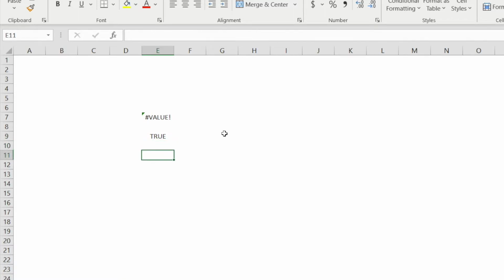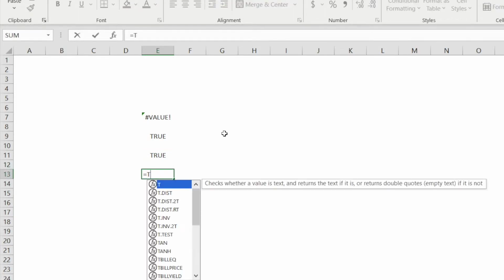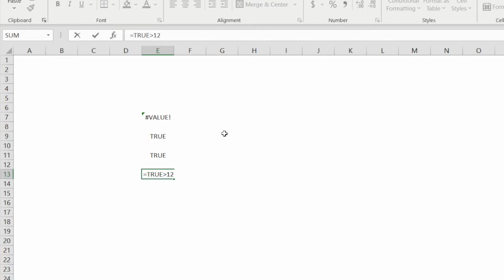We could try ="1">123. It also returns TRUE. Actually, this is because Excel considers that a string is always greater than a number. This logic doesn't make sense nonetheless. Similarly, let's try =TRUE>123 and =FALSE>123.